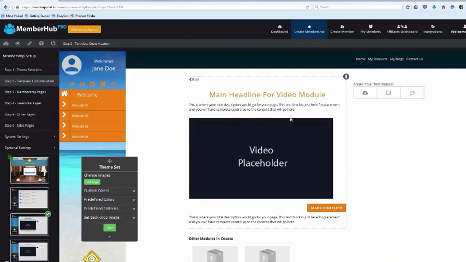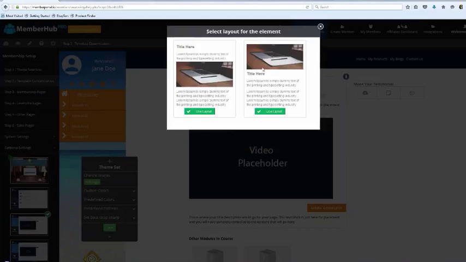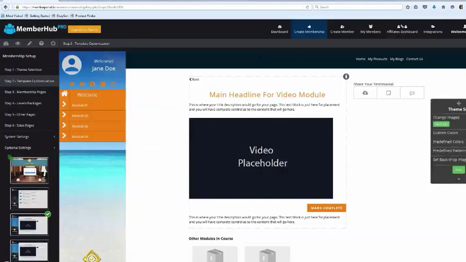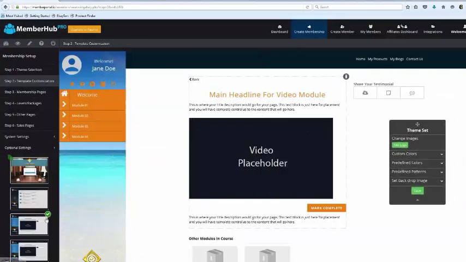Sweet. Okay. Now, I also have what are called elements in certain areas, and we're going to be adding a lot more elements now that we see they work very good. So if I click this here, I can go ahead and make the video on top. I can put the video on the bottom, whatever I want to do. We're going to do a lot more with elements, but the idea is we want you guys to spend a couple minutes coming up with master templates, and that's it.